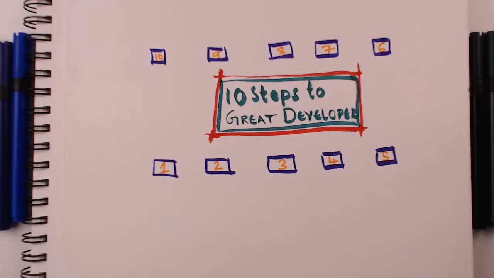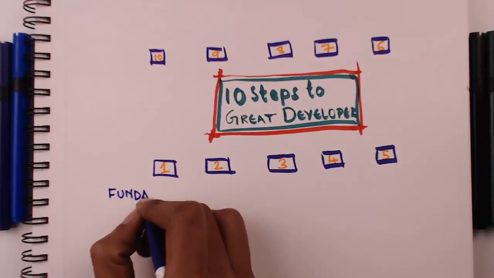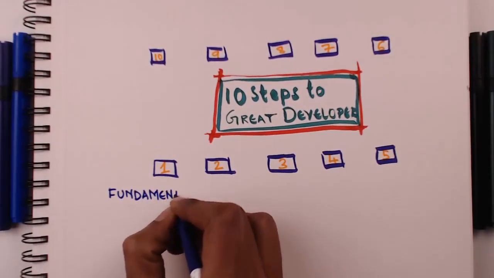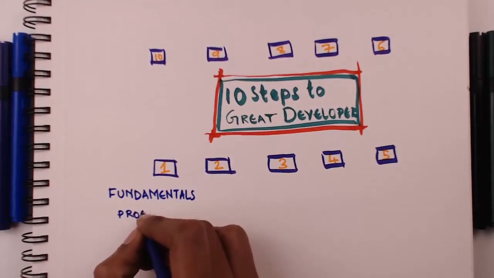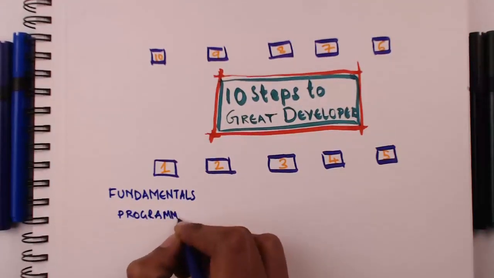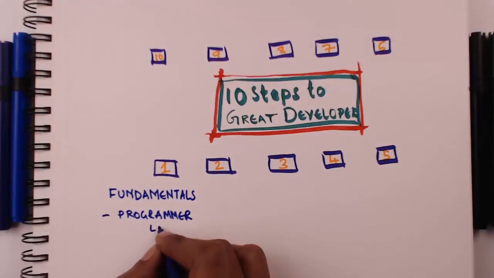The first and the most important thing about a developer is the fundamentals. What are the fundamentals of a programmer? We already touched upon one of the fundamentals of a great developer. That's you have to be a great programmer, right? So you should understand your language very well. So if you are using Java, Python, JavaScript, you need to be an expert at your language. If you are using Java, you need to understand what are the new features in Java 8, Java 9, and you should make the best use of all the features which are provided by your language. So the fundamentals of being a great programmer is understanding your language.